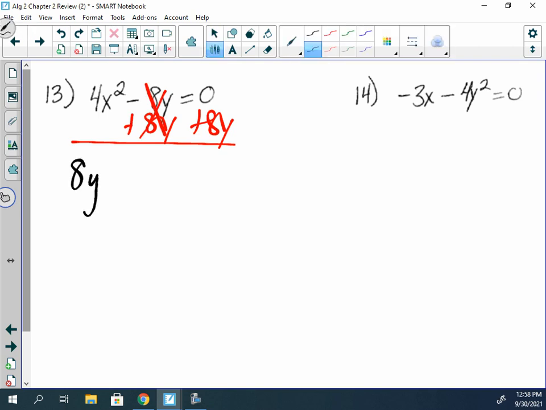Now, it would tell me that 8y equals 4x squared. Now, I did flip the equation because I want to keep the y on the left-hand side. It makes it look a little bit nicer, because 4x squared equals 8y is going to be the same as 8y equals 4x squared. And we're going to divide both sides by 8 next,